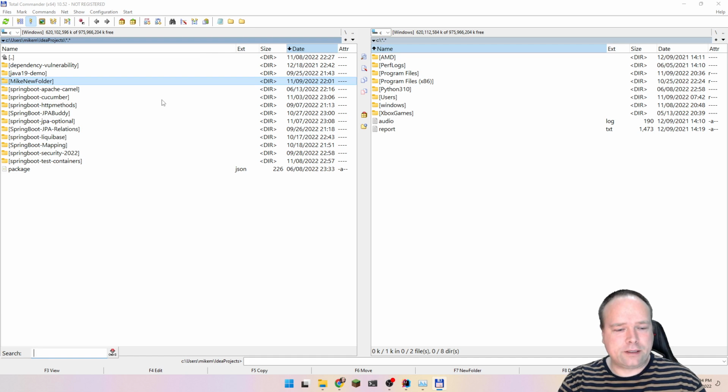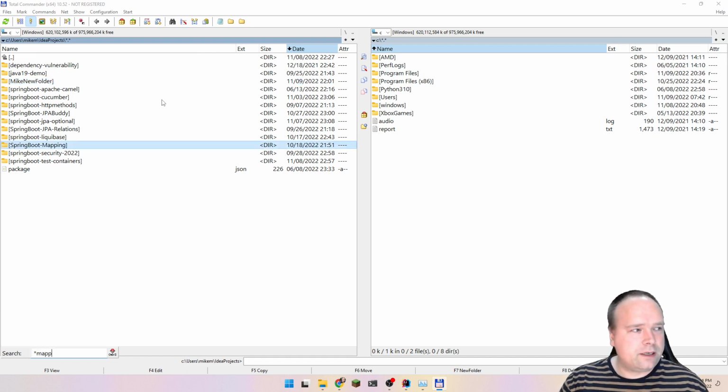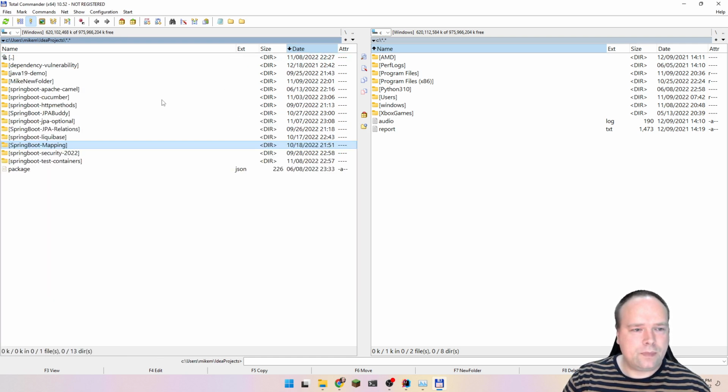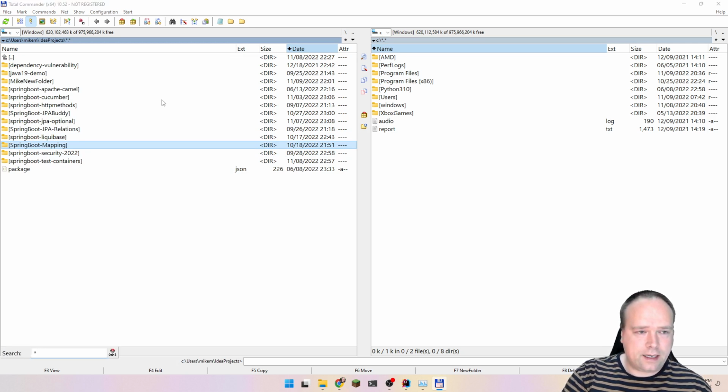MAPPING, but that's because, what if we write? Yeah, so if you use the wildcard, the asterisk, like the star, then I'll still select the Spring Boot mapping folder right there. So that's quite awesome. And if you start writing something like, let us say, asterisk JPA body or something like that,